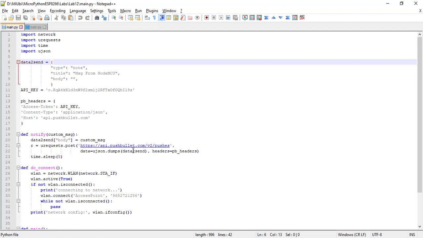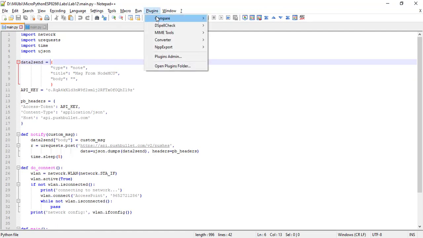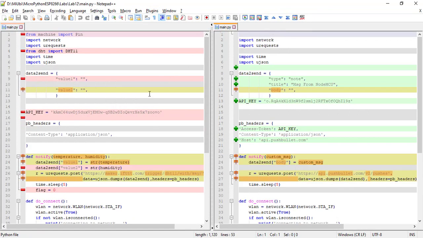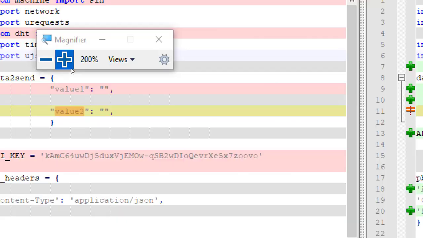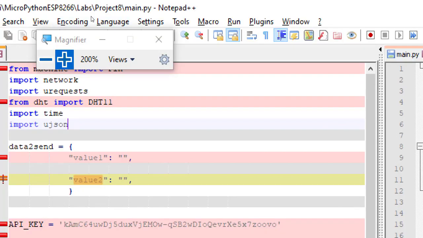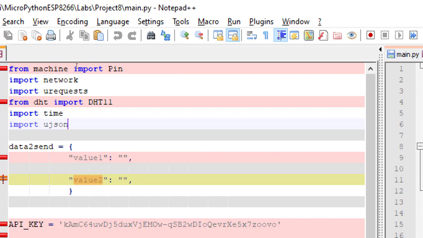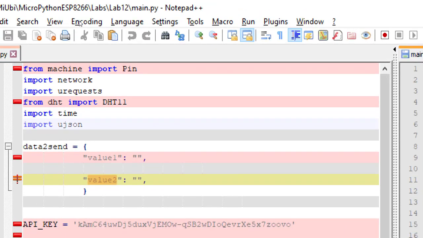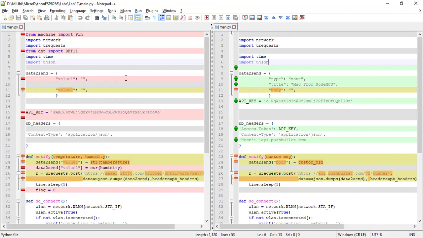So what I wish to do is, I have installed a plugin called Compare. So you can just compare 2 documents with this. What I am trying to explain here is, if you see the project name here, it is project 8 main, the current document I am in. If I click on this, the project name will change. I am in lab 12. So I am trying to compare lab 12 with the current file.